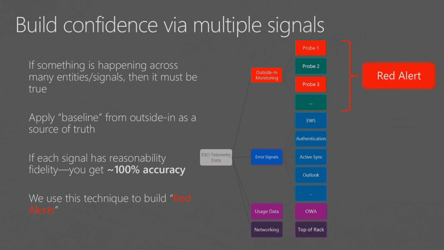As it turns out, this approach fundamentally changed the game of monitoring for us in a few ways. The first is it dramatically reduced the amount of signals we have to pay attention to, from millions to essentially thousands. Second, it no longer needed us to have individual fidelity of each signal. And third, it dramatically increased the confidence that something was wrong. In fact, we call this a red alert. You saw this earlier when I showed you that we generate somewhere between 1,000 to 2,000 red alerts. This is the result of our monitoring system telling us something is wrong.